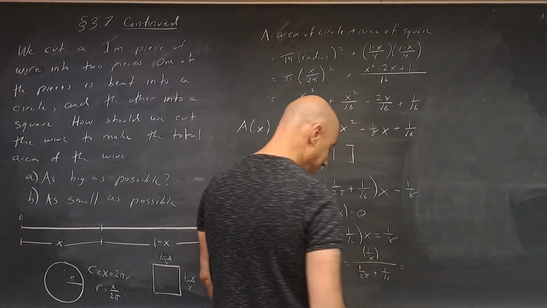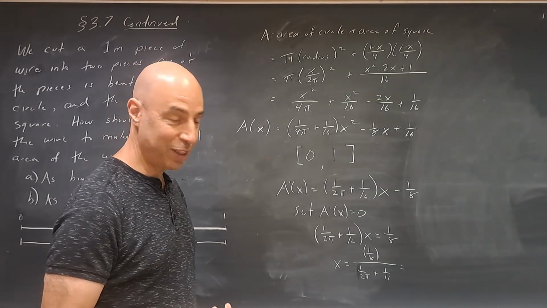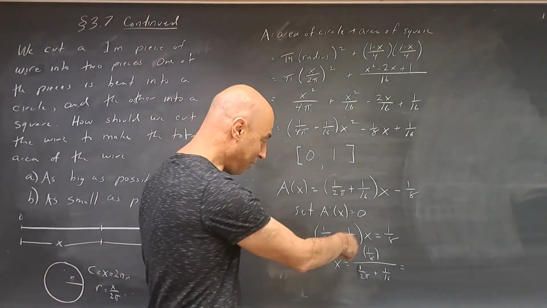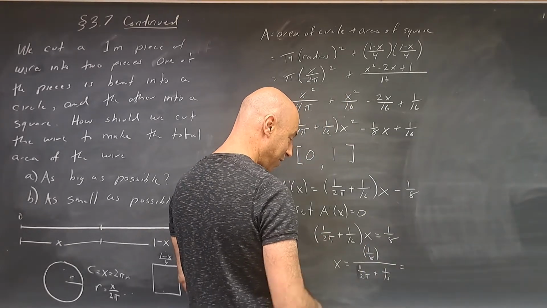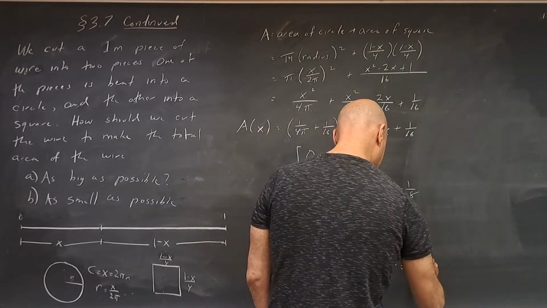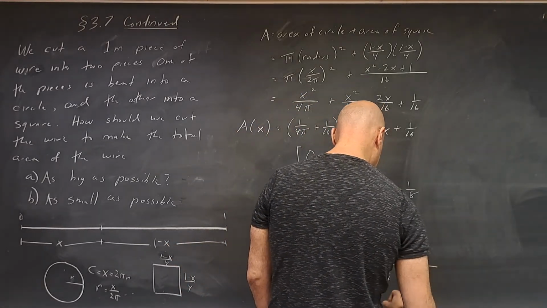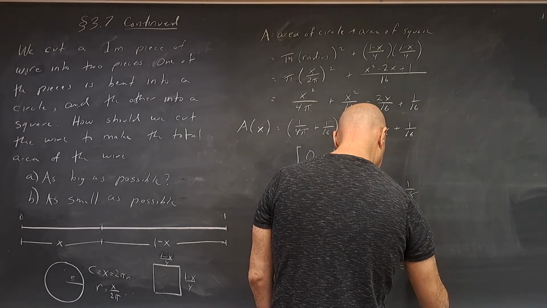And at some point, we're going to have to go ahead and use a calculator because we're sort of running out of things we can do without a calculator. But if you really like exact numbers, we can simplify that a little bit. If we multiply the top and the bottom by 8 and pi, you end up with pi divided by